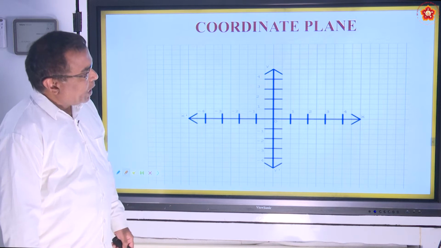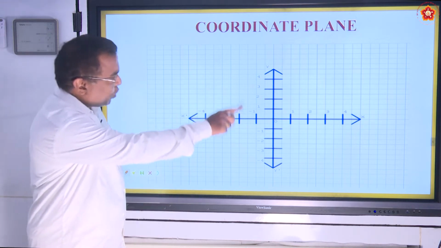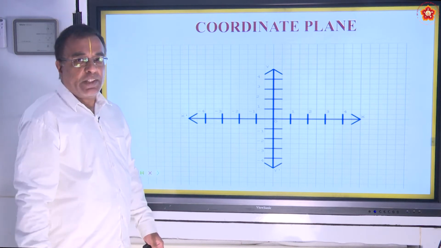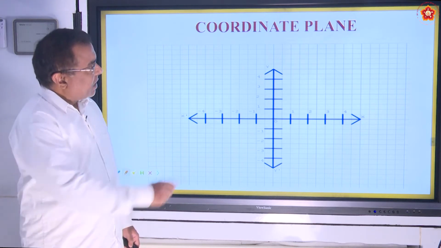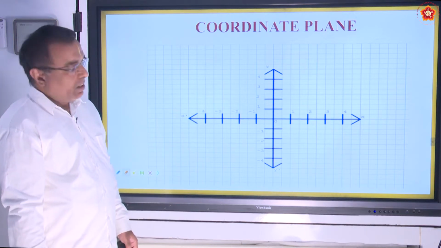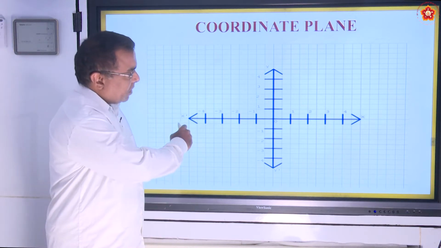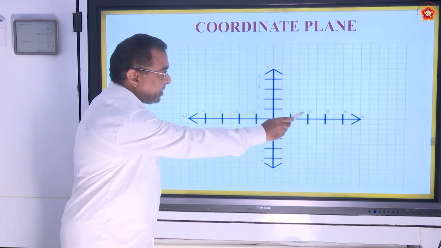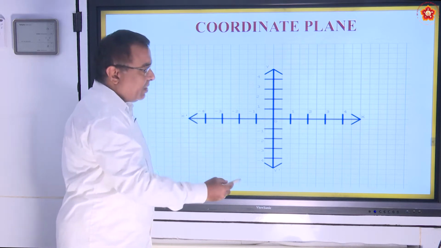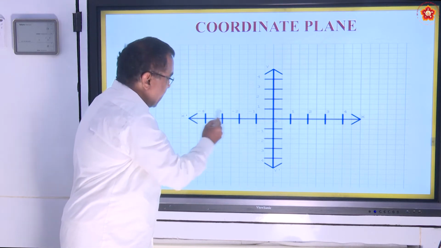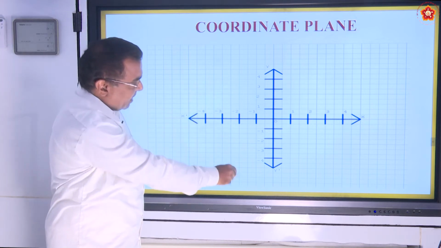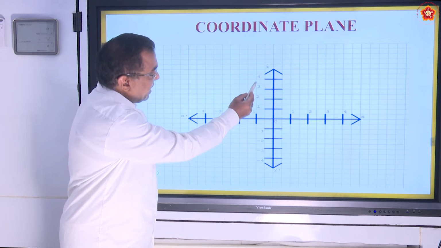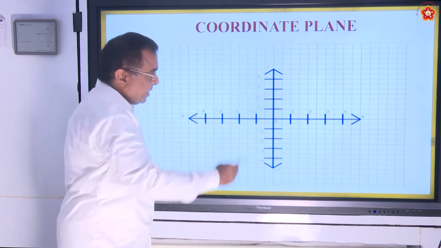So this is known as a coordinate plane, a plane which has got so many coordinates, which I will show you what is meant by coordinate and how are we going to represent these coordinates in the plane. That is why we call it a coordinate plane. So here what we do is we draw two lines. One is the horizontal line, which we call the x-axis, specifically XOX', and the vertical line, which is known as the y-axis, or we can call that the axis YOY'.